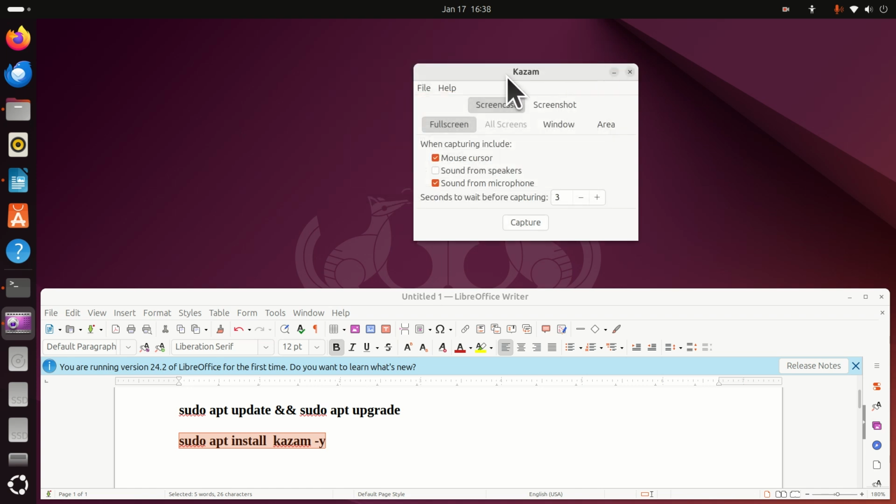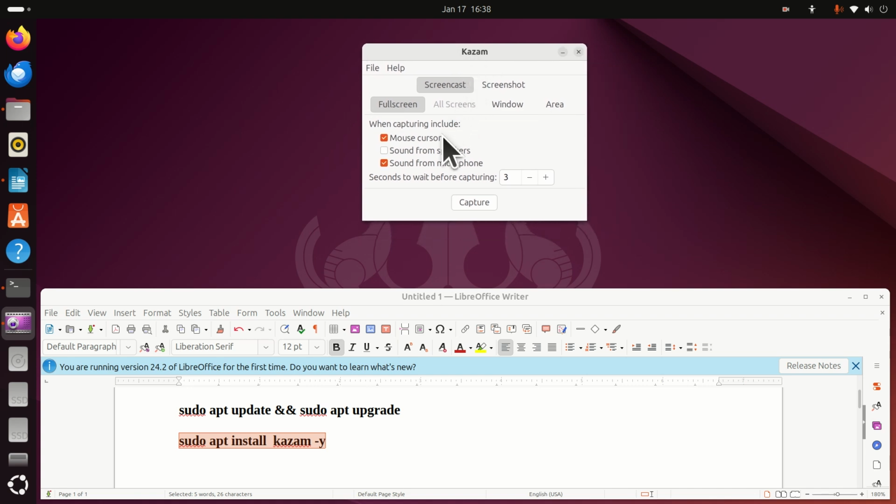Good. Next, let me explain several things. When capturing videos, include mouse cursor and sound from microphone. You can also include sound from speakers if you want, however, I don't like to do that. And over here, you can adjust the number of seconds before capturing. Usually, I set this number to 3. And that's it. You will simply click on capture, then you will have countdown 3, 2, 1, and the video